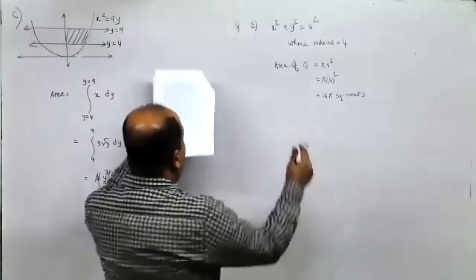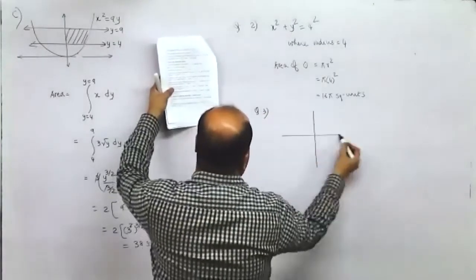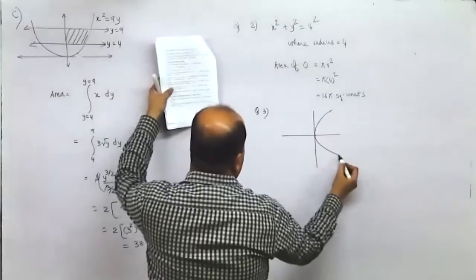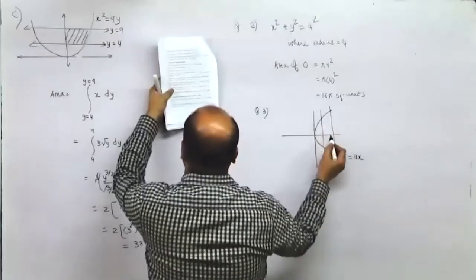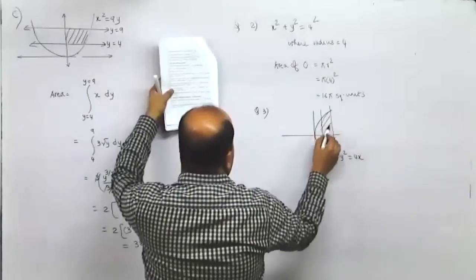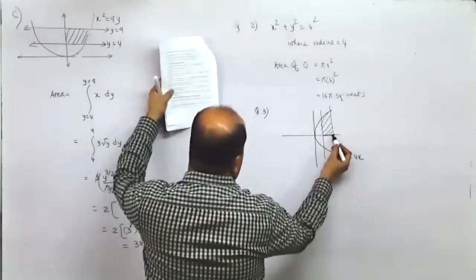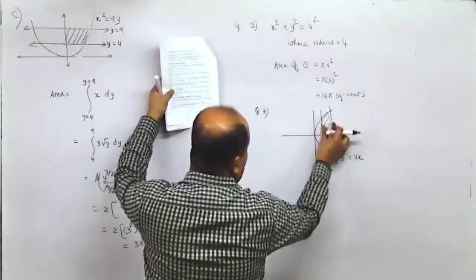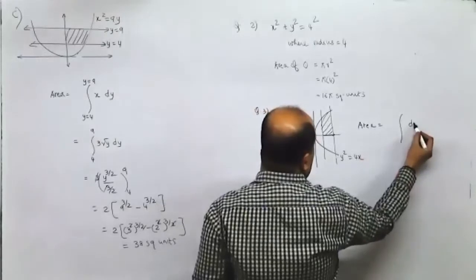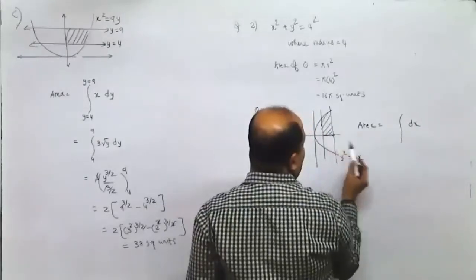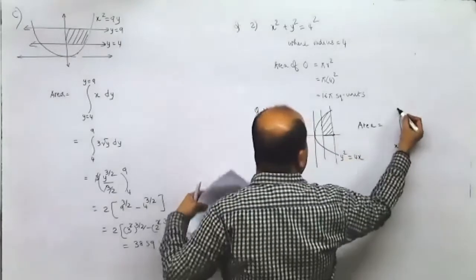Next, you need not even find it by definite integration method. Y square equal to 4x. So y square, that means symmetrical on the x axis. Y square equal to 4x, x equal to 1, x equal to 4, and the first and the lines this. So this is the area, the x axis and this. If they say x axis and this, you have to stop here. If they don't say x axis, you'll have to find double the area. So your area would be equal to, first write dx over here, because it is between the curve and the x axis. Then write y over here, and it is between x equal to 1 and x equal to 4.